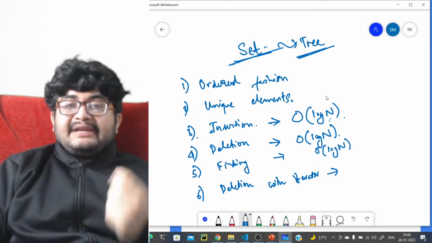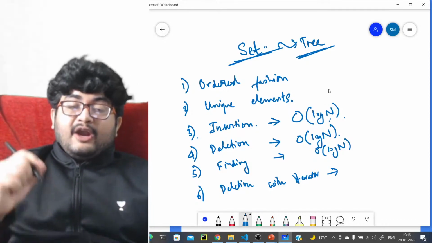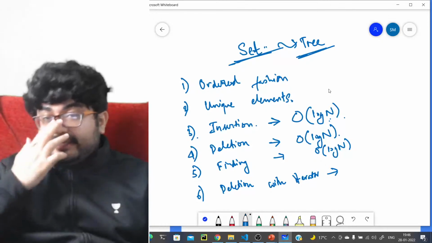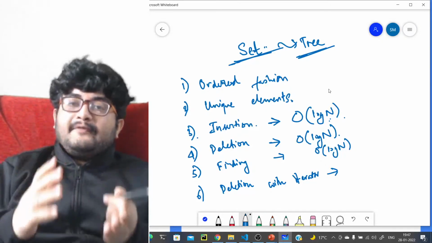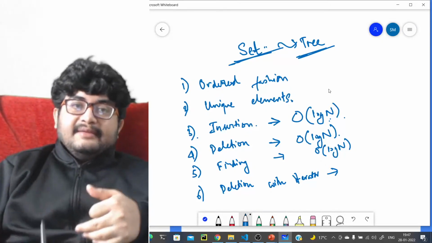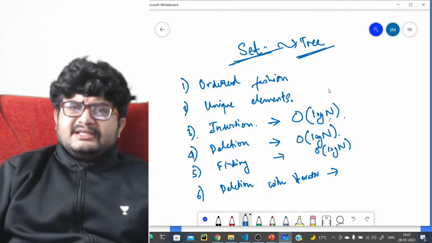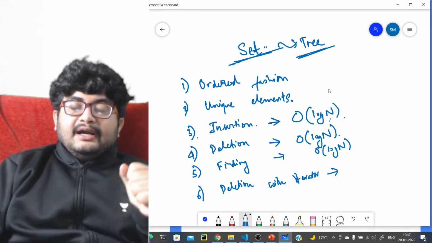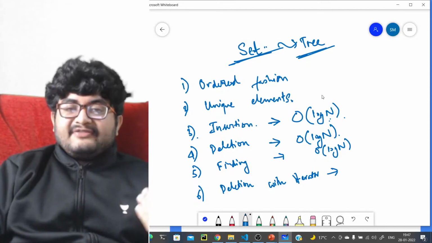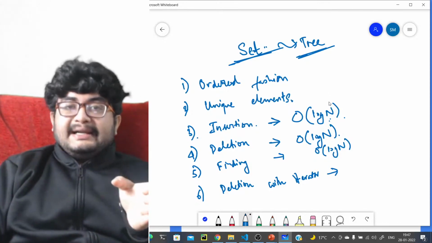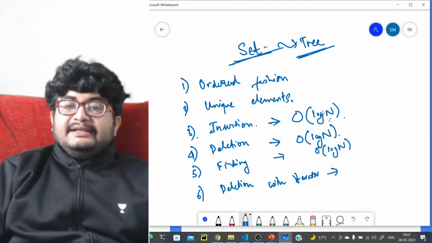So how would you travel on the set? For that, you cannot travel on it like an array, right? So to travel on it, C++ provides you with iterators. You can think of iterators as similar to pointers, with some methods available. With iterators, you can iterate on the containers.